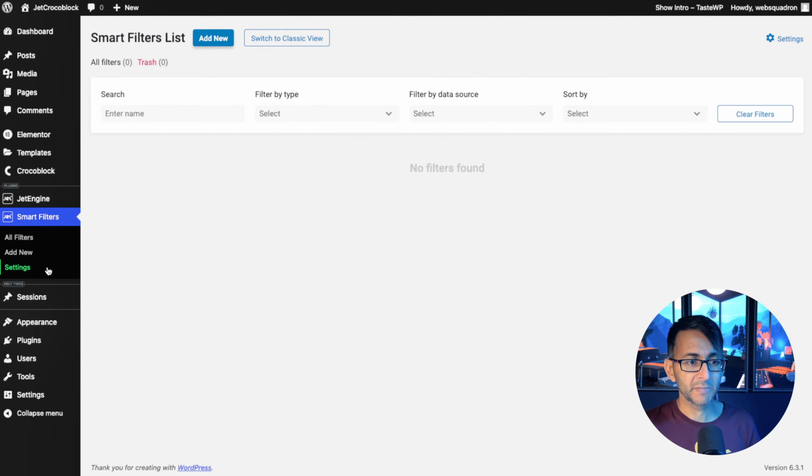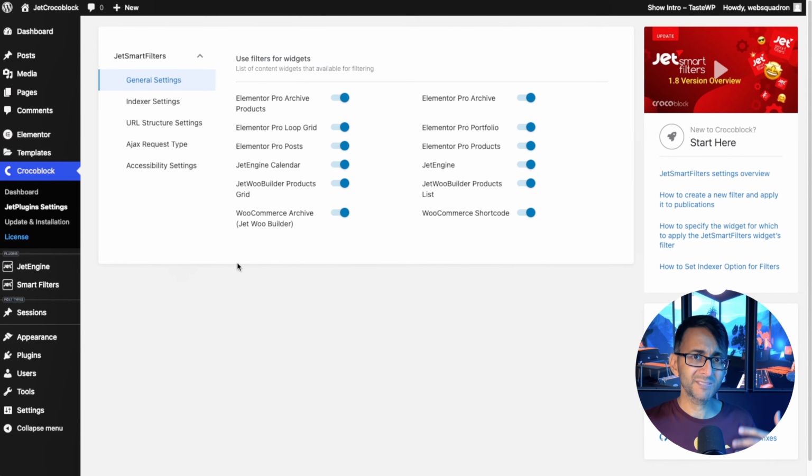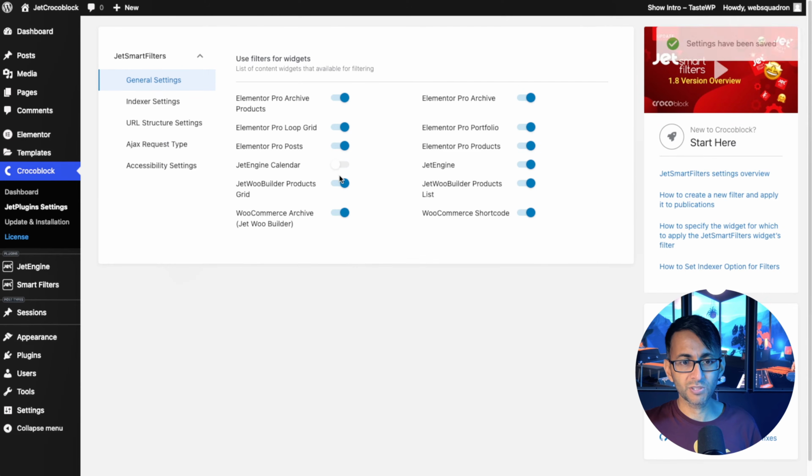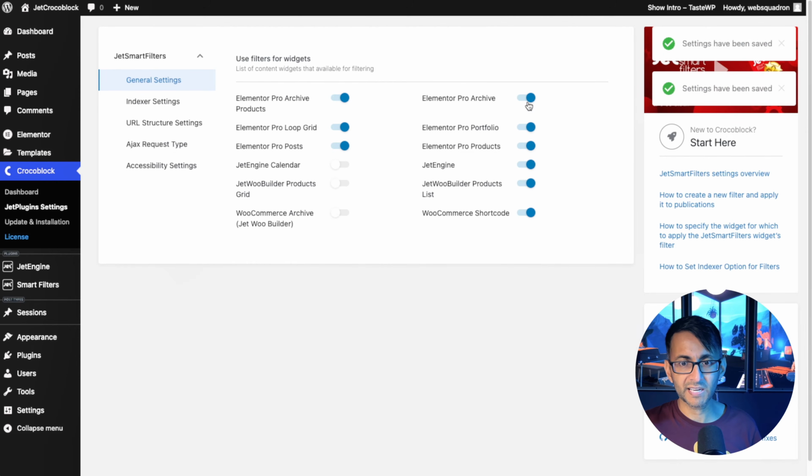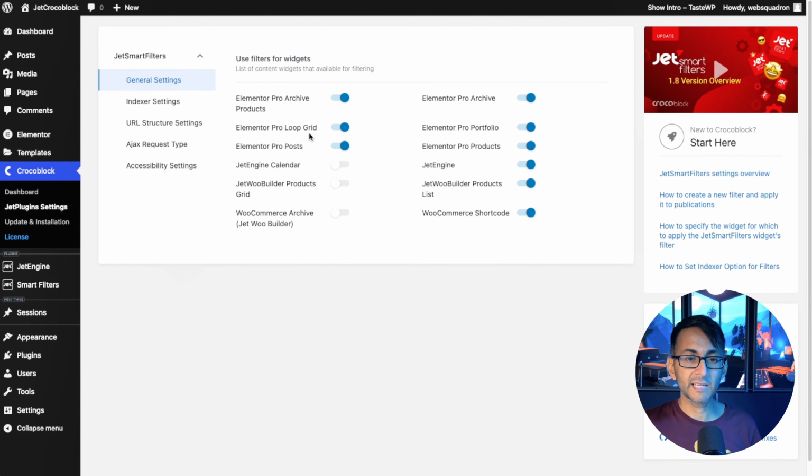you could search by name. If we go over to the settings, and again, this is pretty simple, just like JetEngine, you can now decide where your filters are going to apply. So are you going to be using a JetEngine calendar? If not, you could get rid of that. Is it going to be applying to any WooCommerce items? Well, I'm not using that as well. Is it going to apply to an Elementor Pro loop grid? Well, we are using loop grid, so I would definitely use that. I would probably say leave loads of the Elementor Pro ones on, leave the JetEngine one over here, but I'm just going to get rid of the WooCommerce shortcode and the WooCommerce products because we're not using WooCommerce